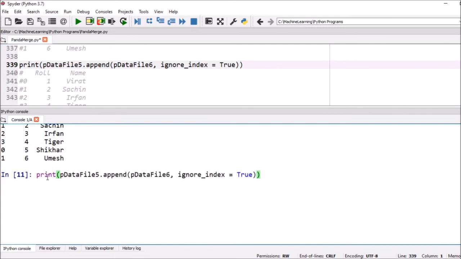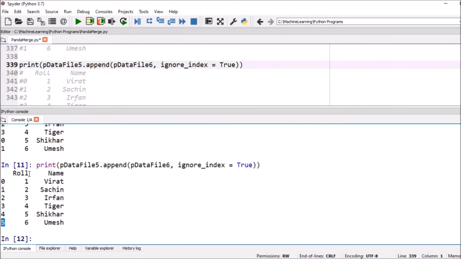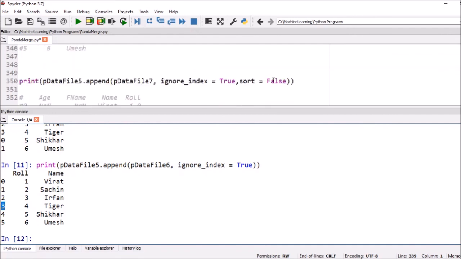If you execute ignore index true, fresh indices are generated 0, 1, 2, 3, 4, 5. Roll numbers 1 to 6, and the names are Virat, Sachin, Irfan, Tiger, Shikhar, Umesh. So if you use ignore index true, that means after appending, we define fresh indices.